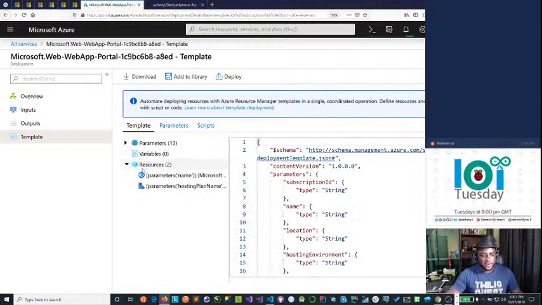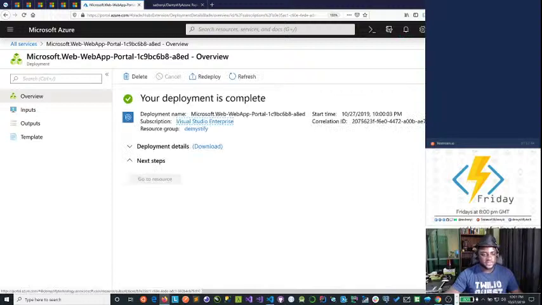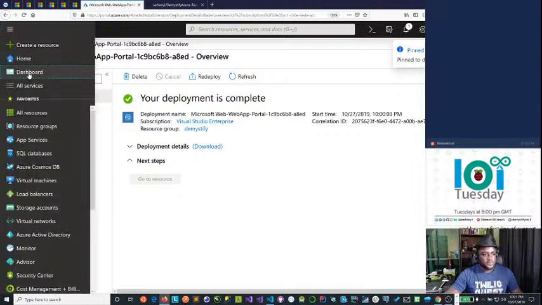So you can see the variables, so this is an ARM template. I can download this or copy this and redeploy for another implementation. That's how the ARM template works, just a declarative way of working. Okay, so my resource is done. I can pin the resource to the dashboard, and then when I go to my dashboard,